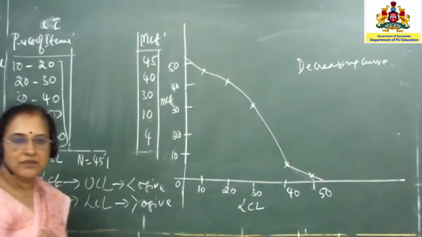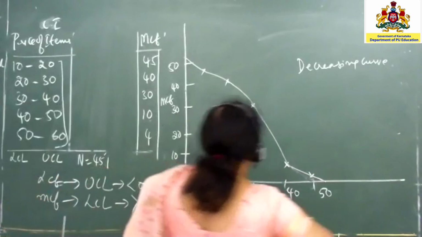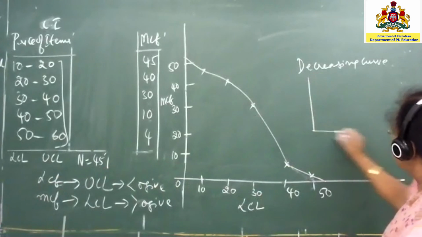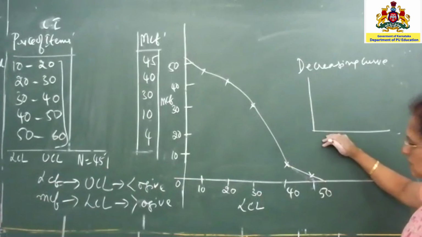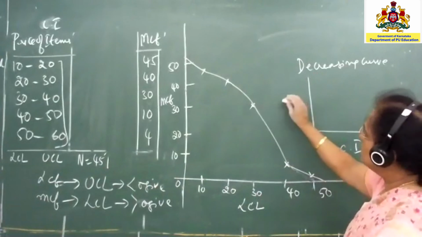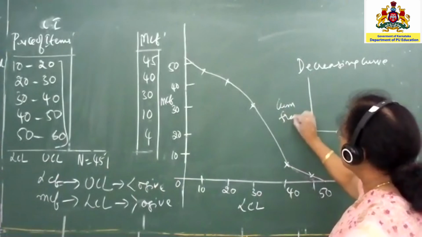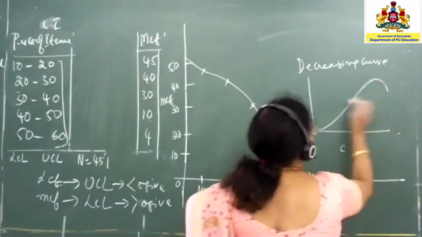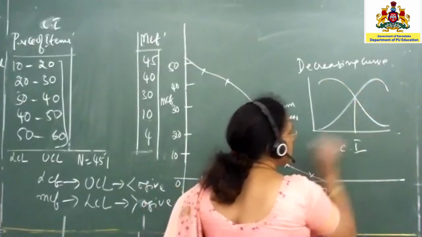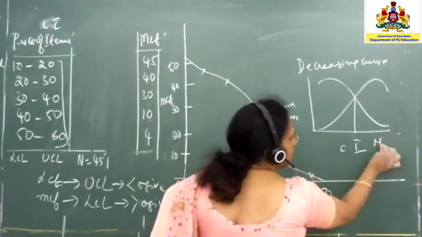Now yet another average is there. Now that is called median. So using the Ogive curves, now you can locate the median. Now all that you have to do is the same method. Now instead of taking LCL and UCL, now take the entire class interval. Now take both MCF and LCF together, that is LCF, sorry. So that means the cumulative frequencies you will take together. Okay. Then after that, draw the less than Ogive curve, draw the more than Ogive curve. Now there will be one intersection point. So draw a perpendicular to the x-axis. So measure this number. Whatever number you get, now that will be your median.